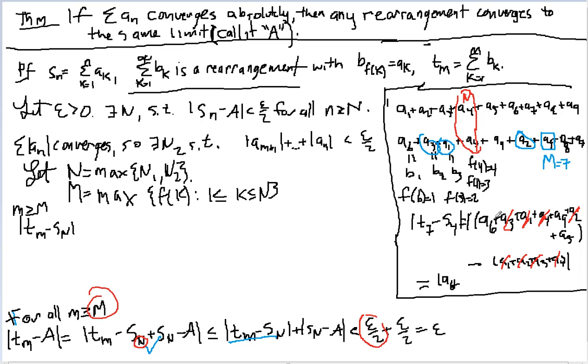I'm left with A6, A9, A5. A6 plus A9 plus A5. Oh, I can use a triangle inequality here to get the absolute value of A6 plus the absolute value of A9 plus the absolute value of A5. Well, what does this look like? This looks a lot like the partial sums of this. So, how do we make this look? Right, this is going to look,